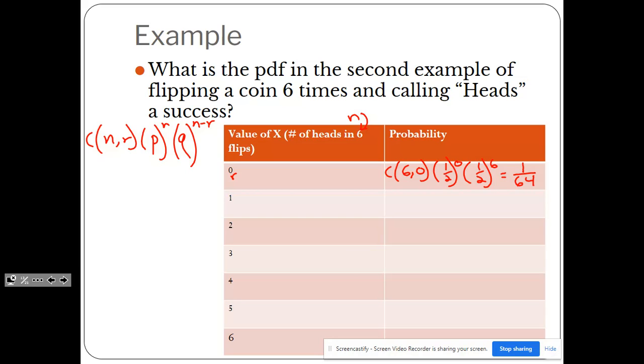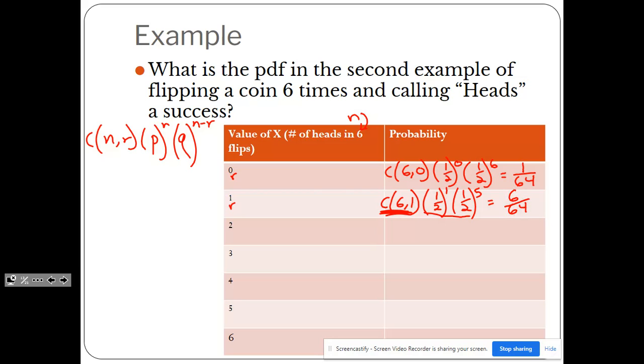So stay with me here because I'm going to show you kind of a shortcut on these ones where you have coins. So this next one, we have 1 success. So there's my R. So that's 6, 1. 1/2 to the 1 times 1/2. So 1 success means 5 failures. If you notice, when I multiply these, though, it's always going to be 1 out of 64 every single time. Okay? So I have 1/2 to the 1st and 1/2 to the 5th. So that's 1/2 to the 6th. So all these are going to be 1/64 times whatever this is. How many combinations? So 6 times 1/64,